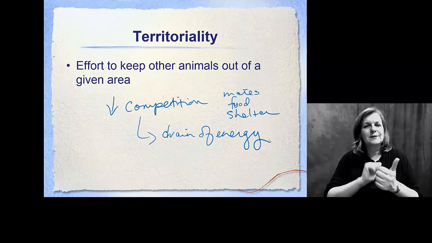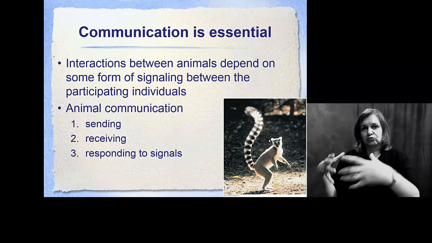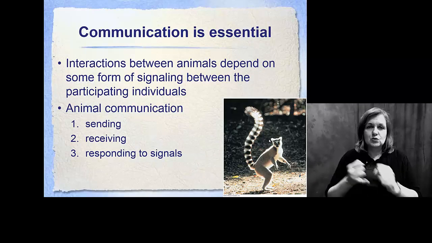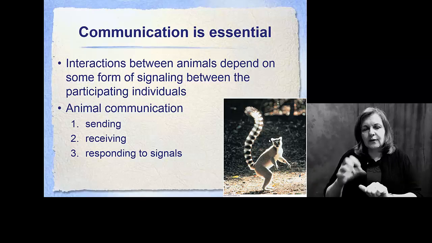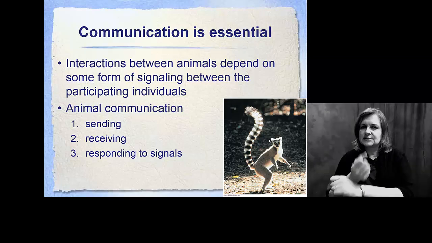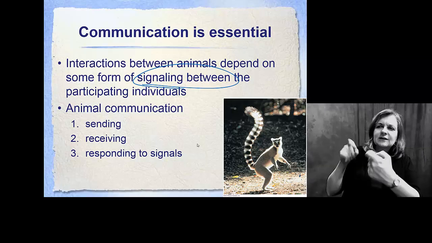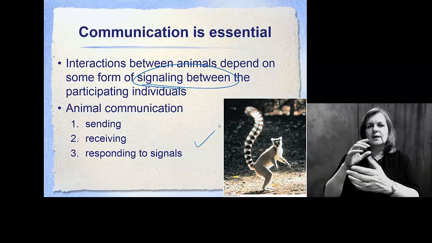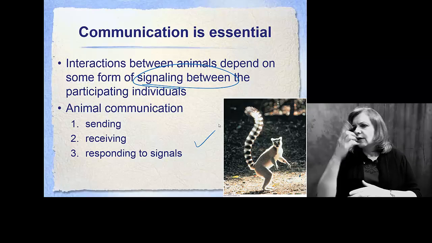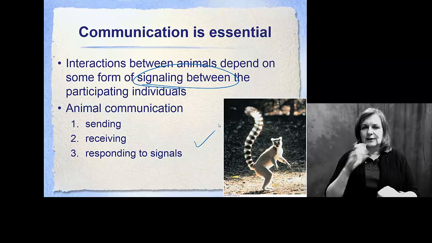So competition becomes very, very important. And communication. In these social groups, without communication, there is no ability for the organisms to warn each other, to look for mates, to make sure that the population is safe. So the signaling is huge at making sure that the signals are sent and received and that everyone knows what's going on. We're watching for predators, we're watching for availability of food, we're making sure that the offspring are safe.